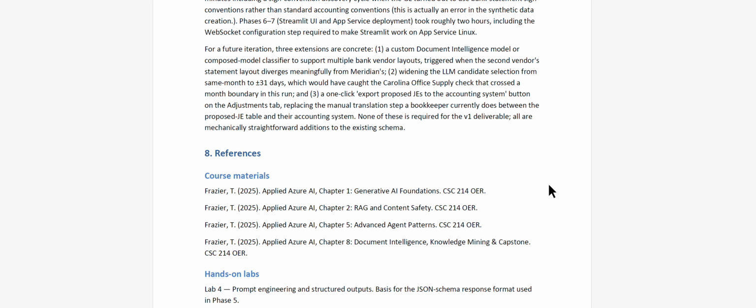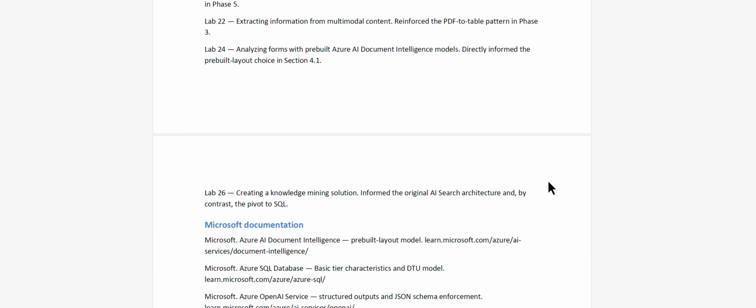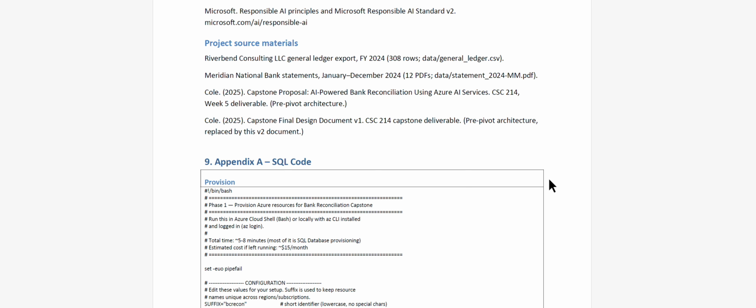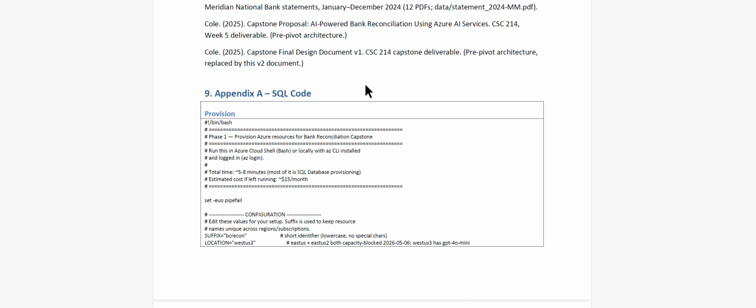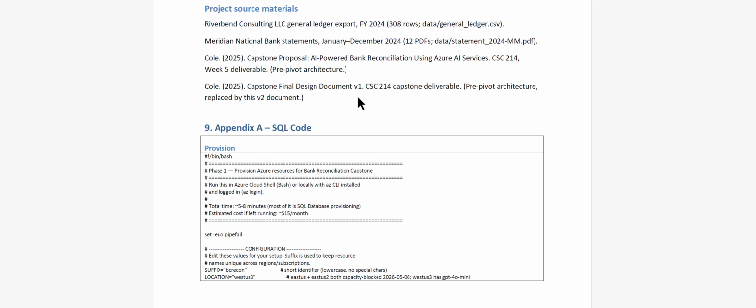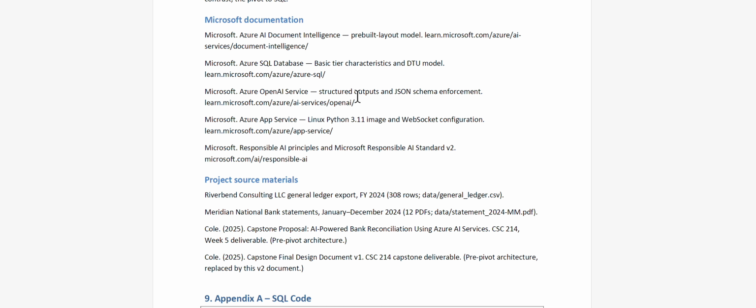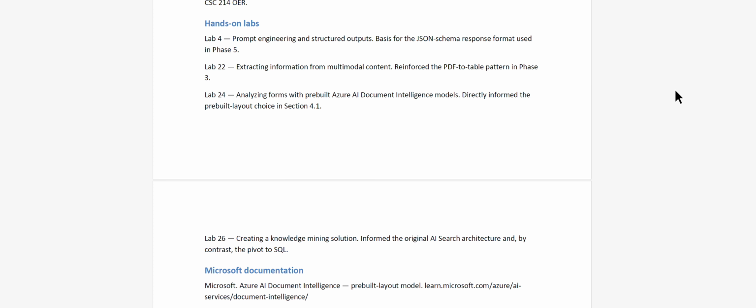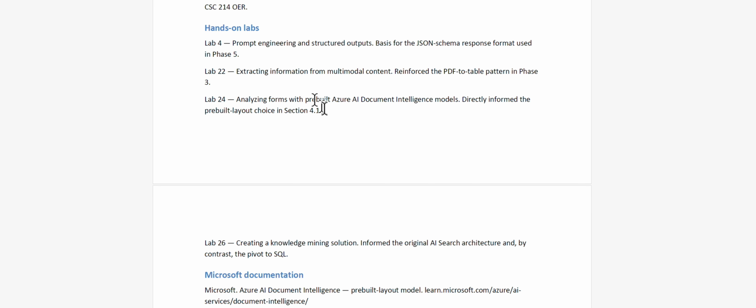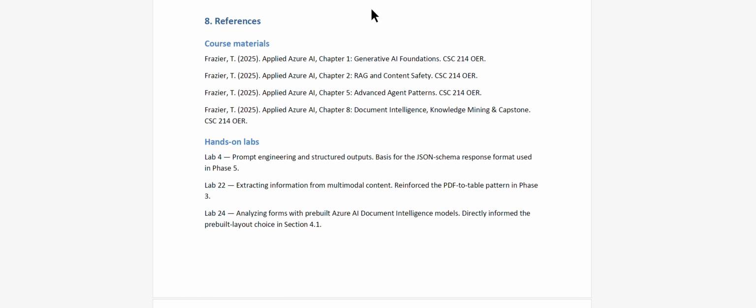So happy about that. Lots of references, all that good stuff, and then Appendix A, I included all the code. So that's why there's 10 to 12 pages of content, but there's 40 pages of documentation. Okay, so I'm well past my 10 minutes, but I'm going to leave it there, and I guess you can hit the 2x on the playback if you